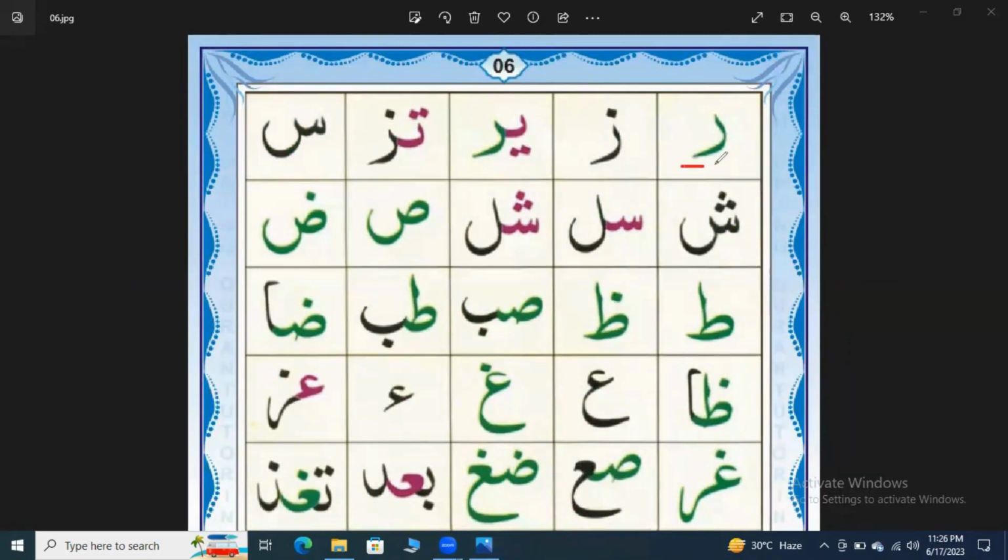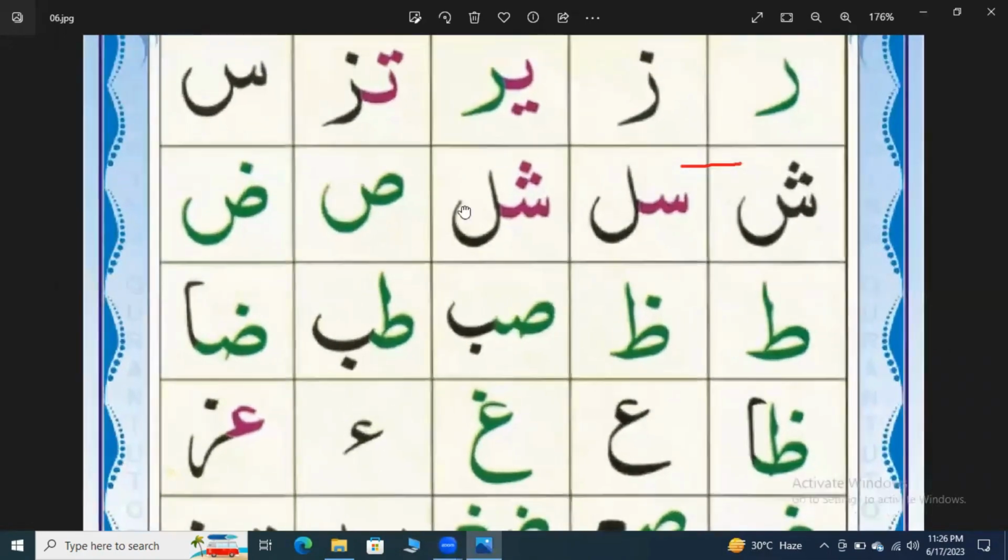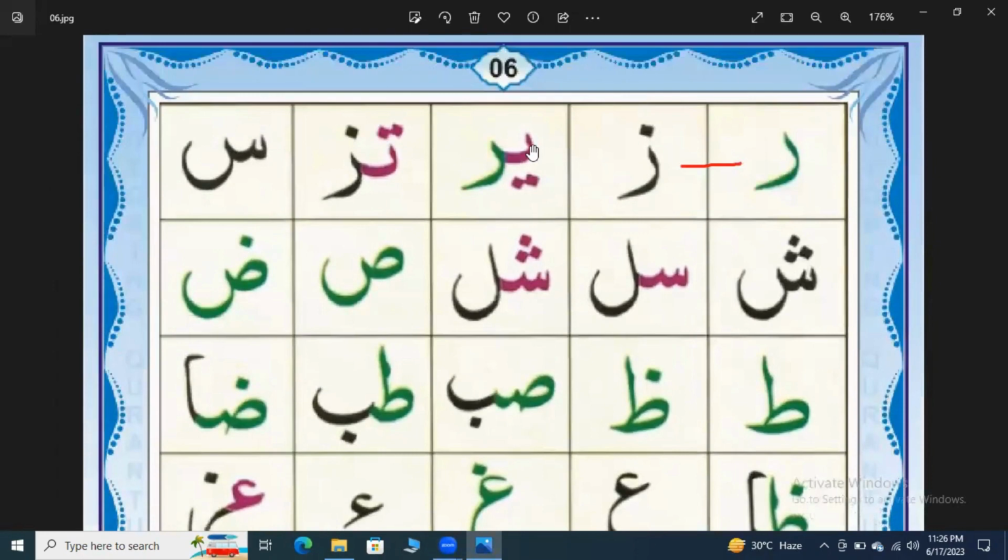The first letter is Ra. This one is Ra. And when we add just one dot on the top of it, it looks like Ra, but it becomes Za. We have studied that this is the only difference between Ra and Za. Ra and Za are similar in shape, but Ra has no dot on the top and Za has one dot on the top. So this one is Za. Again, Ra,